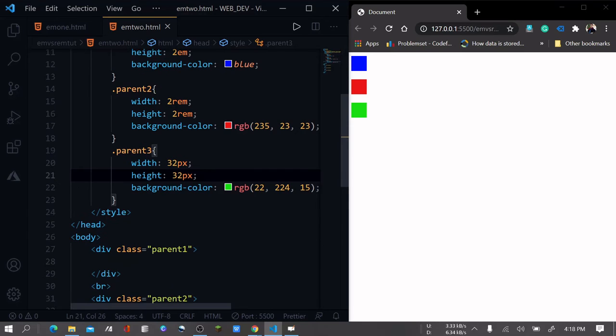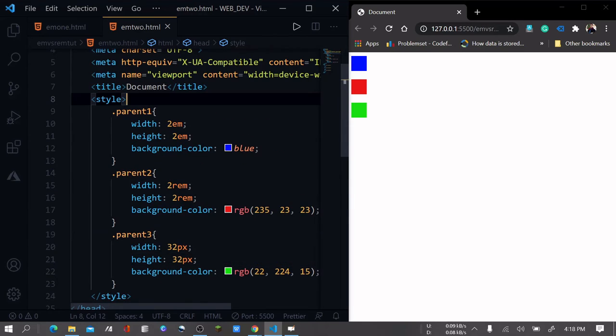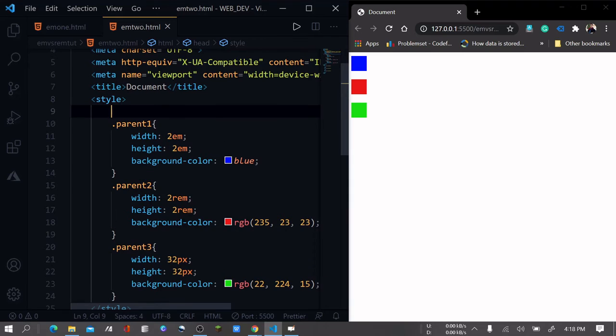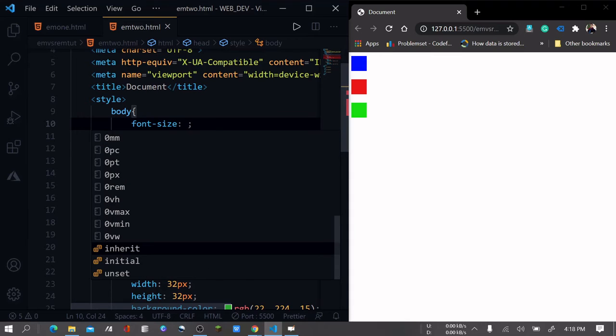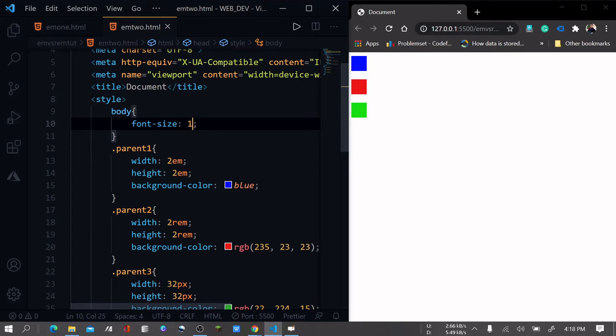So that's why all these three look exactly the same. Okay, now if I go over here and set the body font size to, let's say, 20 pixel, as you can see, only the first division got changed.